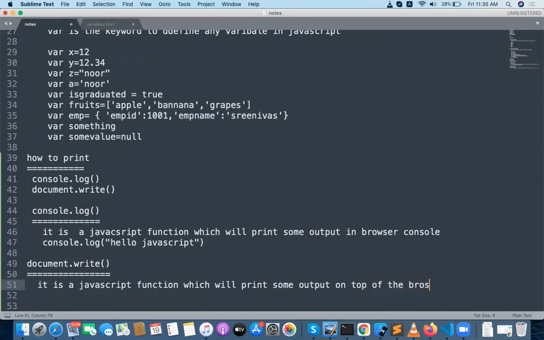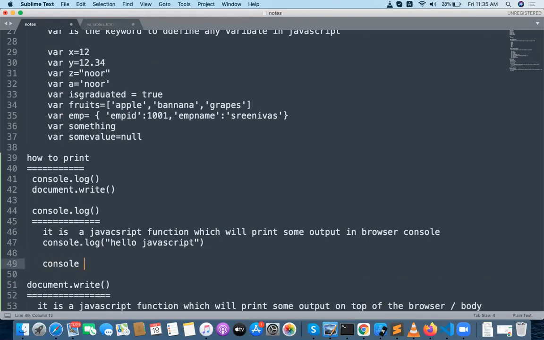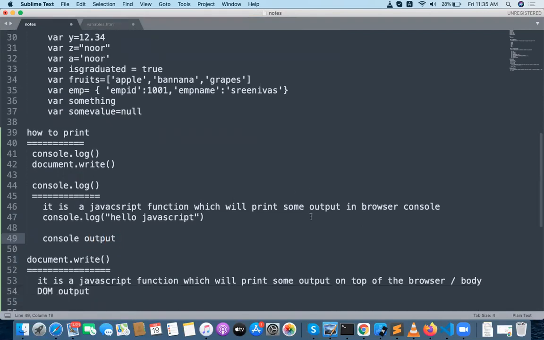Very important to understand: this is the DOM level output, and this is the console output. Very simply, this is the console output, and this will be a DOM output.